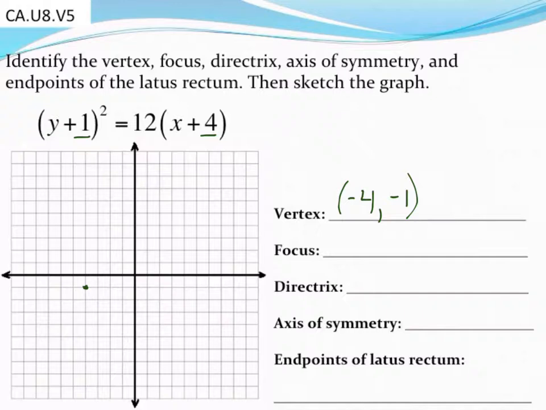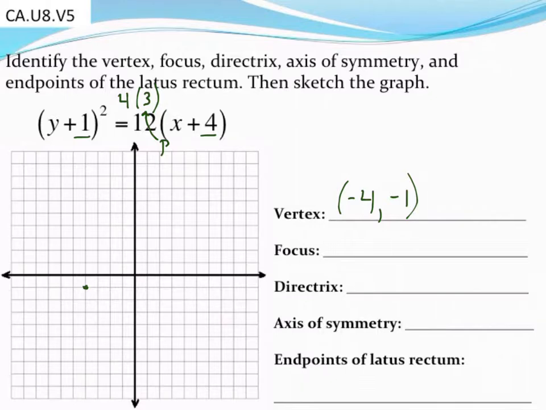Okay. Next thing I'll do before I find these values down here, I want to go back and take a look at what direction this parabola is going to be facing, whether it's up, down, left, or right. And the other thing I'll do too is let's go ahead and pull the 4 out of this number in front of the x parentheses. Divide that value by 4. And if the problem is nice, they'll give you something that works out nice and neat like that. But always divide out of 4. That was part of our general or standard form of a parabola. That 3 then is going to represent the p-value, or the distance to the focus, the distance between the vertex